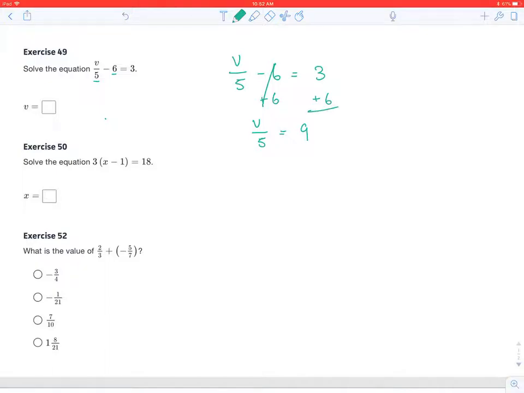And then following that, it just looks like a one-step equation. Now all we need to do is get a 5 on the top because there's already a 5 on the bottom. So we're going to multiply both sides by 5. And we get that v is equal to 45. So just those two steps here, step 1,